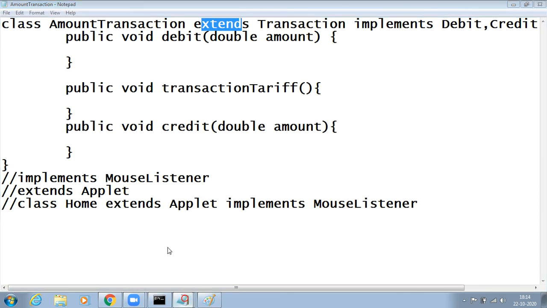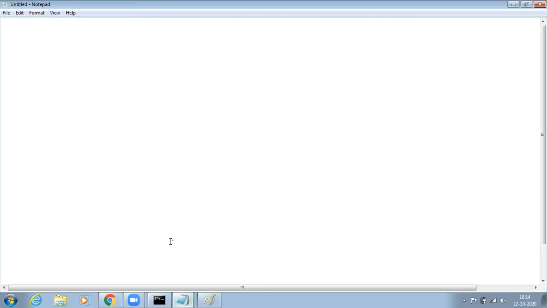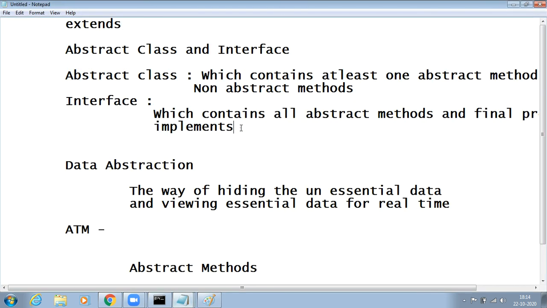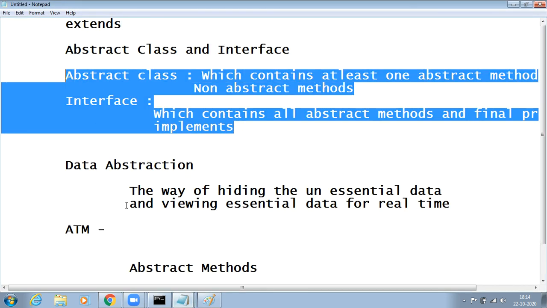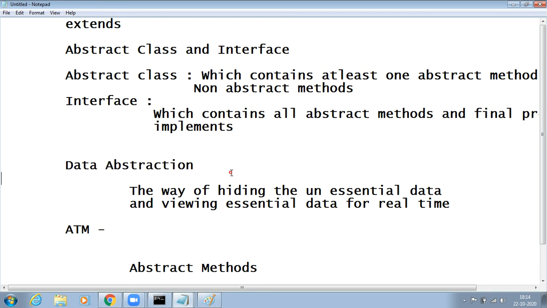And what the topic is all about is abstract class and interface. Both achieve the concept of what? Data abstraction. Non-technically speaking, an abstract class is not complete abstraction, it is a partial abstraction, because it can even contain non-abstract methods also.